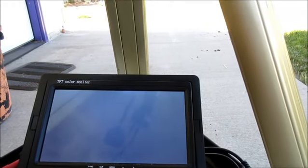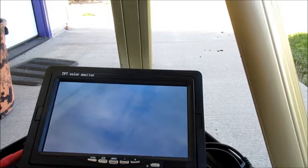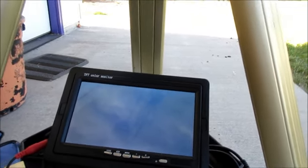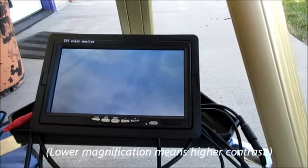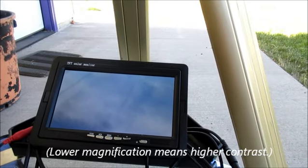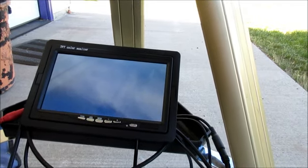So the imager is detecting the clouds. There's a nice bright spot, but once again the imager is overwhelmed or underwhelmed with contrast. And you can see the sky through the camera if you wish right there, which gives a much higher contrast view. Alright, so the DVD imager is working in combination with the TFT color monitor, changing its sensitivity in order to improve image contrast